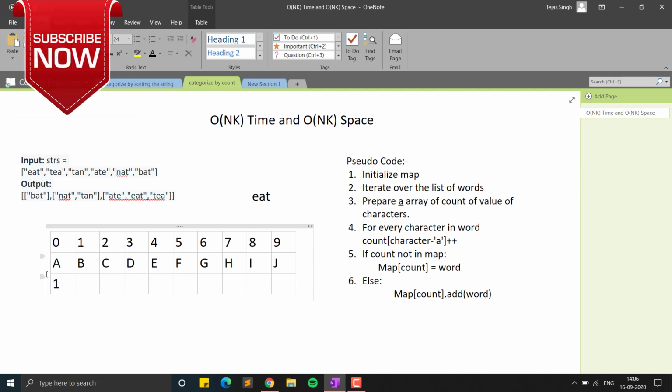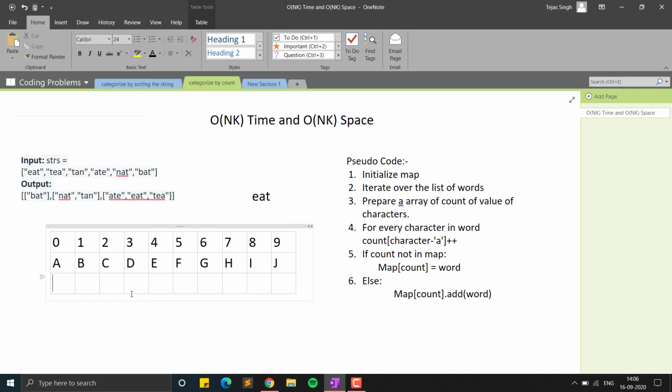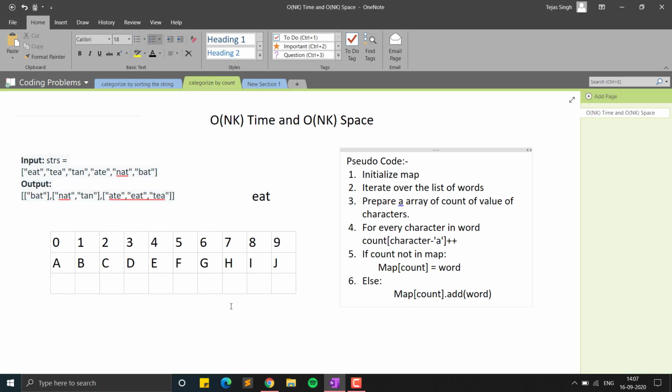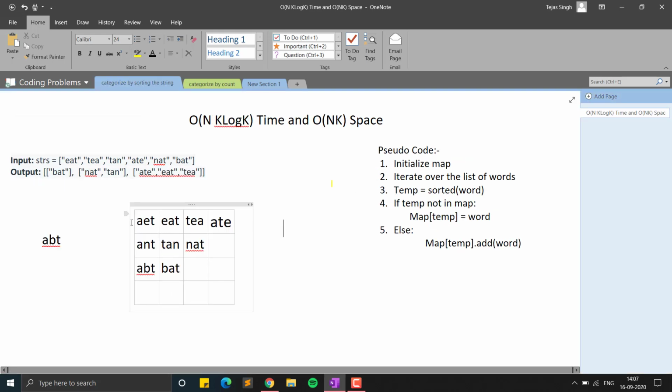So this is how we will add this, and now we will check if this count array is already present in the list of the counts. Similarly, we were checking in this also if it is already present in the hash map. So we will also create here, we were creating a map of string and vector of string, but in this one we will create vector of int and vector of strings. So this is how we will do.